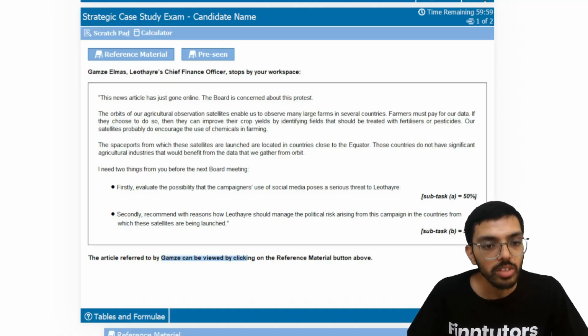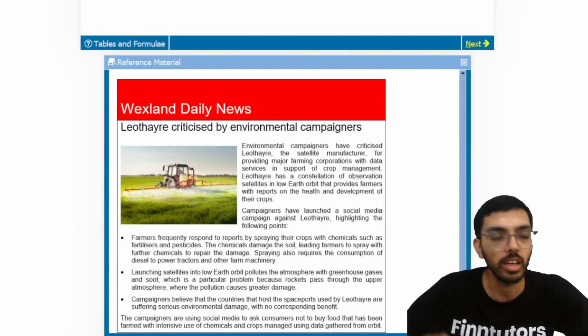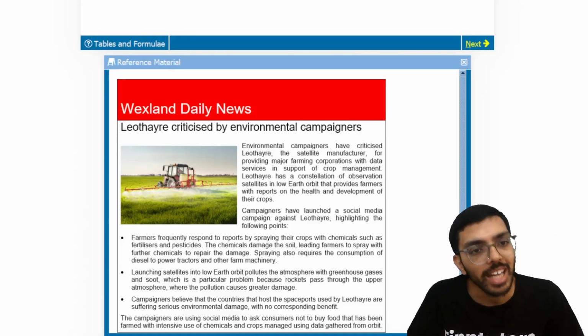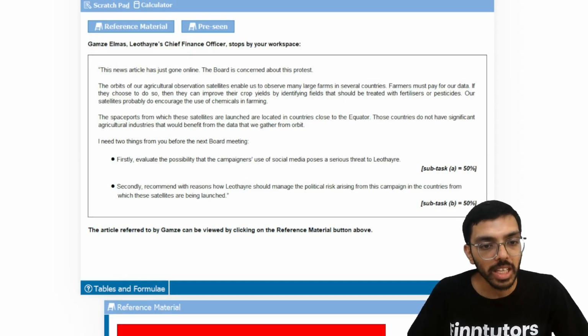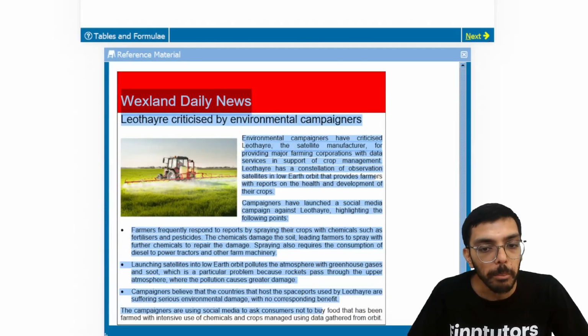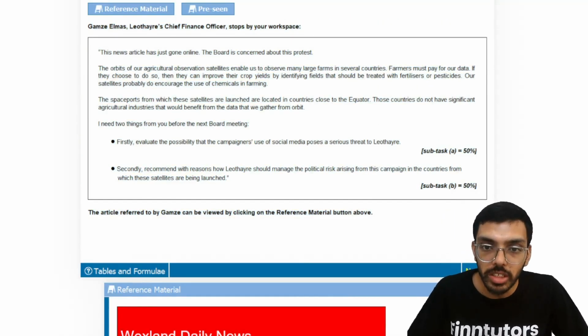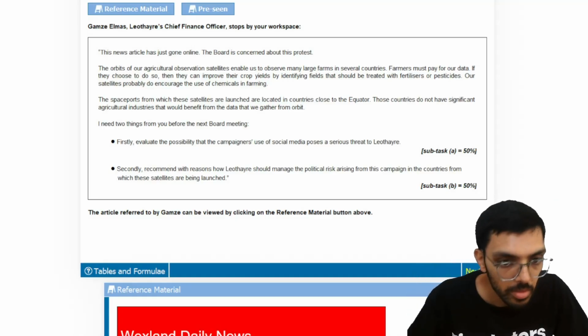And to help you, there is an article which has been attached. They can tell you, okay, use this article. Article has been attached, news analysis has been attached, anything has been attached. So you just have to click this reference material. They've said that by clicking on the reference material above, you can access the article. So you click the reference material, something like this opens up. So you have to use this entire reference material plus the information within the question to present your answer,